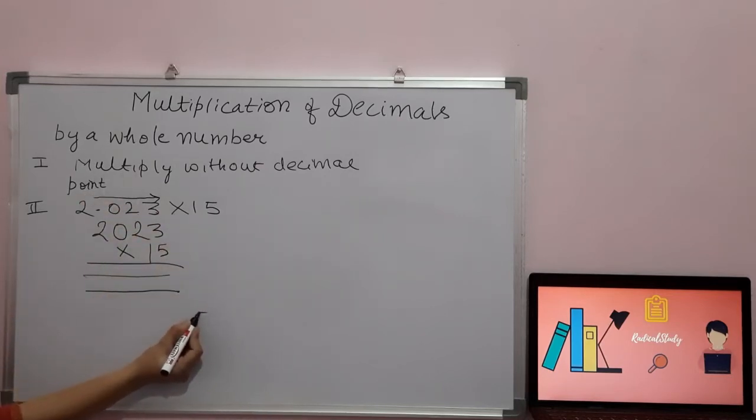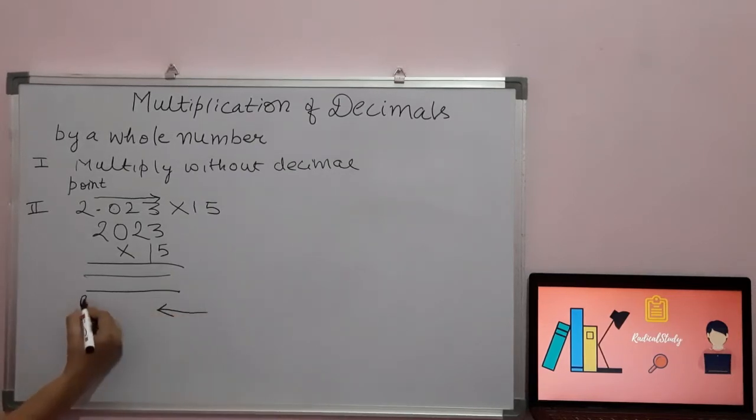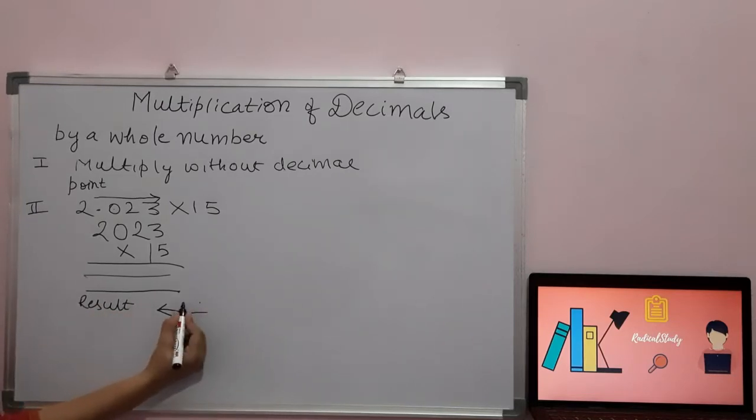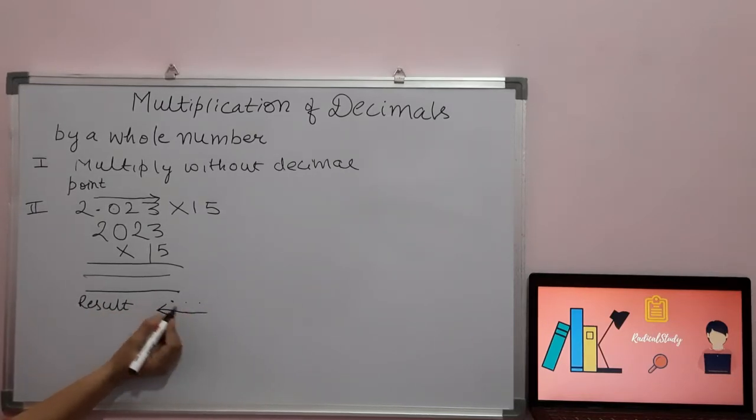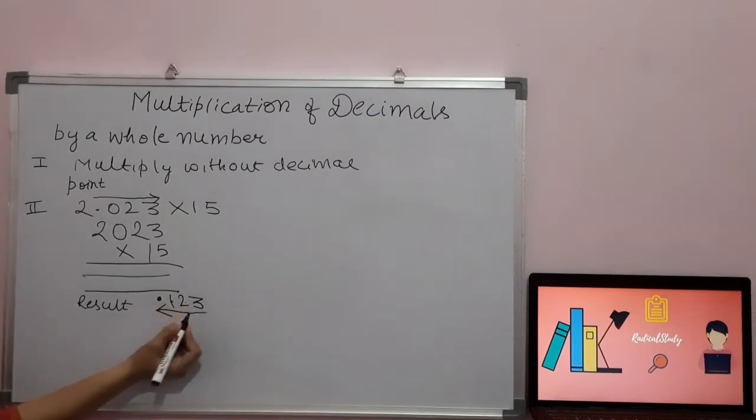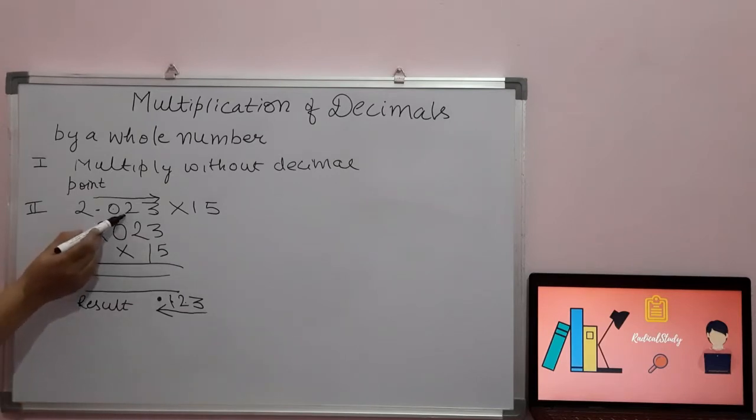Now when we are going to put the decimal point, we have to start from here. यहाँ से हमें गिनने हैं आंसर, हमारा जो रिजल्ट आया होगा, from the answer, from the result 1, 2, 3. आपके 3 डिजिट्स के बाद यहाँ पे डेसिमल पॉइंट आएगा. For example यहाँ पे 1, 2, 3 आया है. So the decimal point will be after the 3 digits because यहाँ पे कितने digits थे? 3 digits थे.